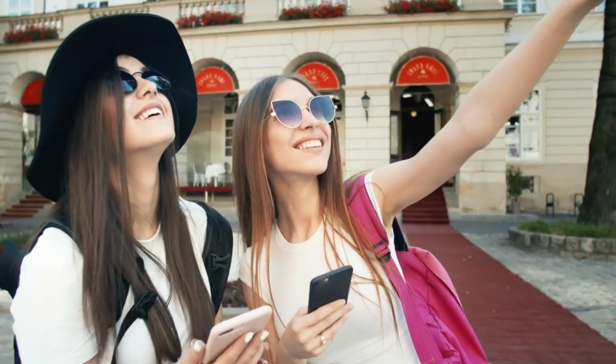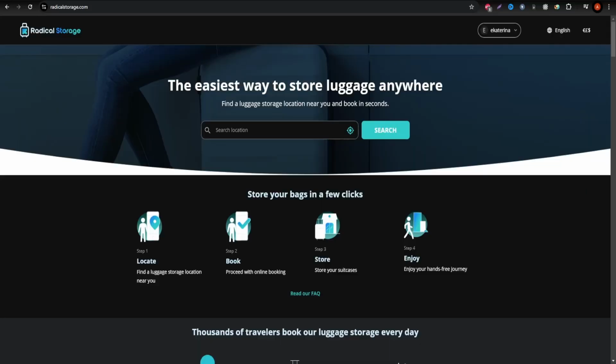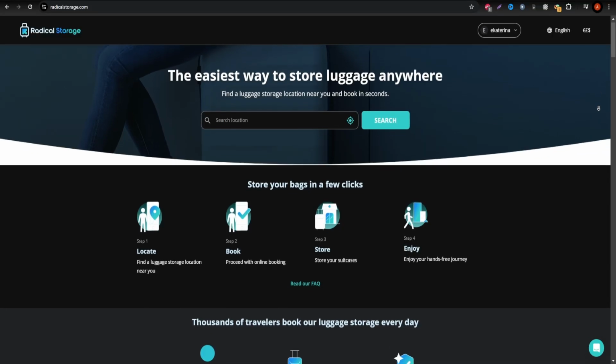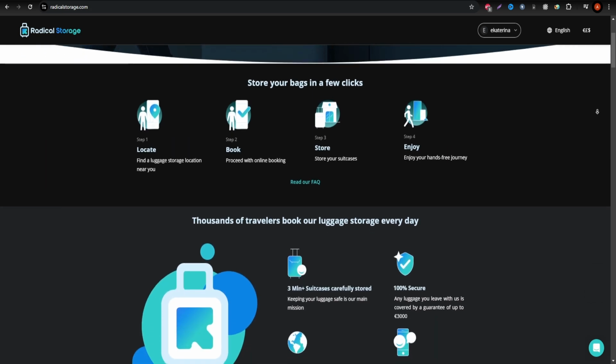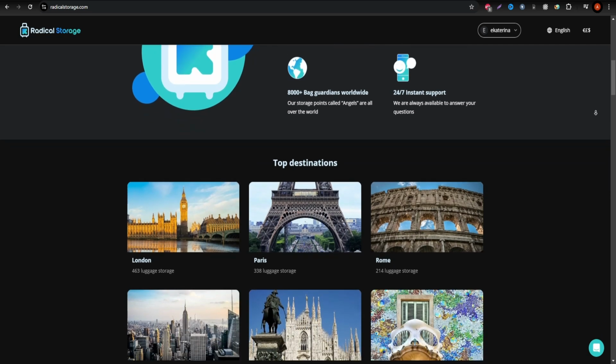Planning to explore Bologna, but don't want to be burdened by your luggage all day? Radical Storage offers a fast and reliable way to store your bags securely while you enjoy the city. In this guide, I'll show you how to use Radical Storage to deposit your luggage at one of their trusted